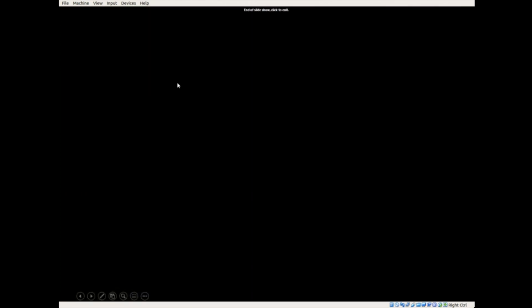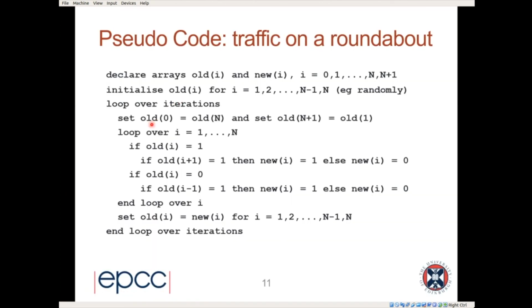At each iteration, I have to set the boundary. I set old of 0 is old of n, and old of n plus 1 is old of 1. That's setting periodic boundary conditions. Then I loop over the cells, and I can just do the cellular automaton update. And this rule here says, if the current cell is occupied, if the upward cell is occupied, then I stay occupied, so the new one is full, else it's empty because